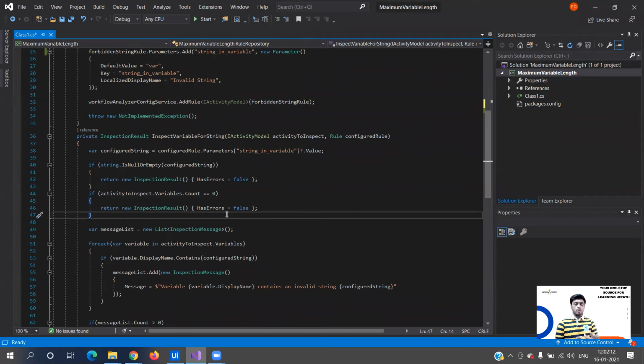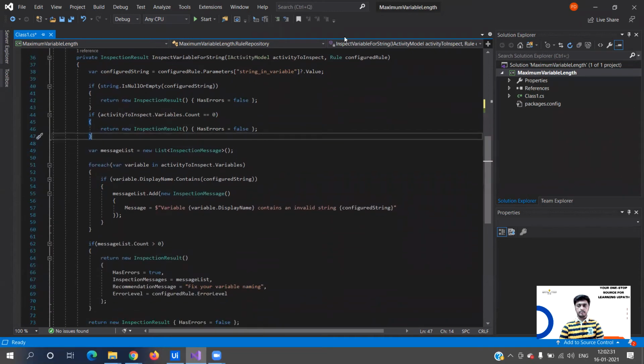So there is no hard and fast logic in this. This is the simple check that we are adding to see if my particular configured string is null or empty, or if the variable count is equal to 0. So these two things we have done.